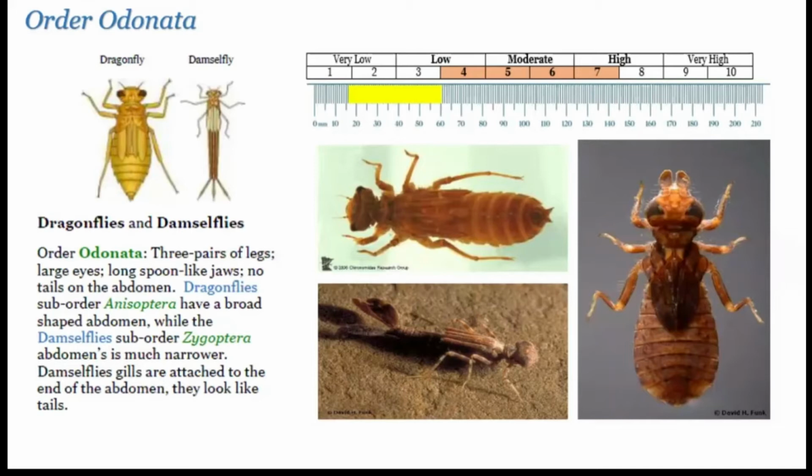One of the coolest things about a dragonfly is their lower lip or labium, which shoots out of the mouth if their prey gets too close. It's one of the fastest things in the natural world, and it's very effective at catching their food, and sometimes their food is larger than them, and they're able to deal with that. So they're very strong and powerful organisms. Some have low tolerance, but most of them are moderate to high tolerance. And their size, as you can see, is a little bit bigger than the previous groups we talked about.